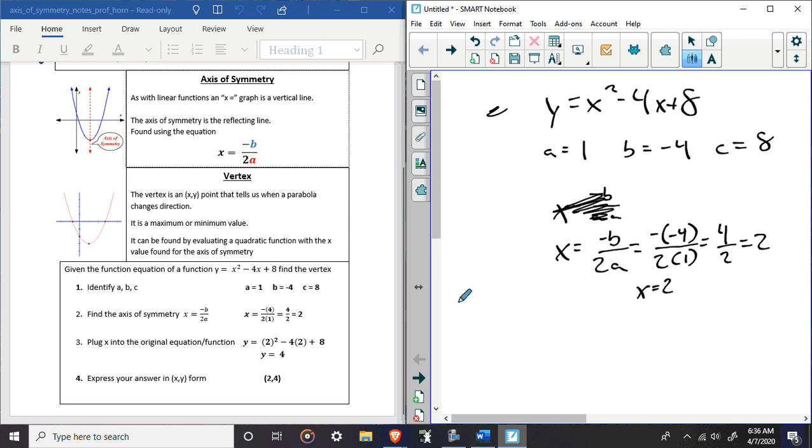Also, I will say this. For your vertex, we actually know the x coordinate. That's what x is. Now we have to find y. What are we going to do? We're going to take this 2, and we're just going to evaluate the function at 2. We'll say y is equal to,